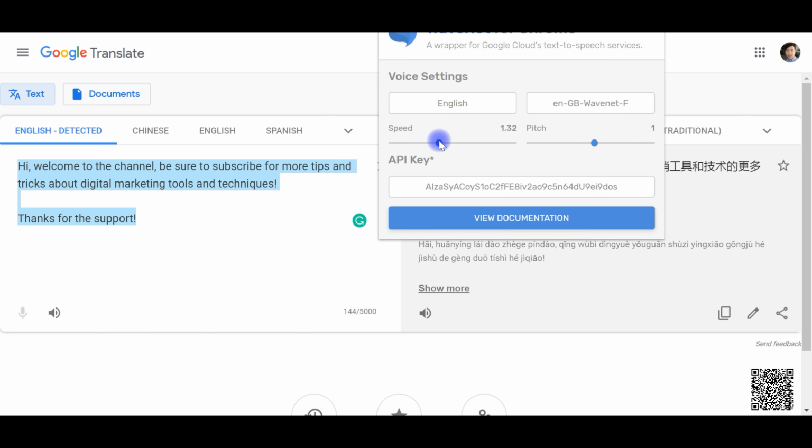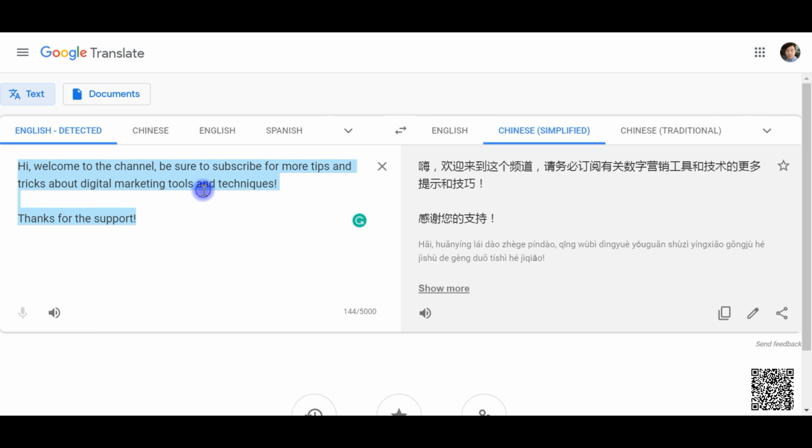Okay, so we can even increase the speed. My recommendation is 1.3 for the maximum speed. Anything above that will sound too robotic and doesn't sound like a human voice. You can even tune it to 3, which is 3 times faster than a normal speaking speed. So tune it back to 1.3, pitch 1.